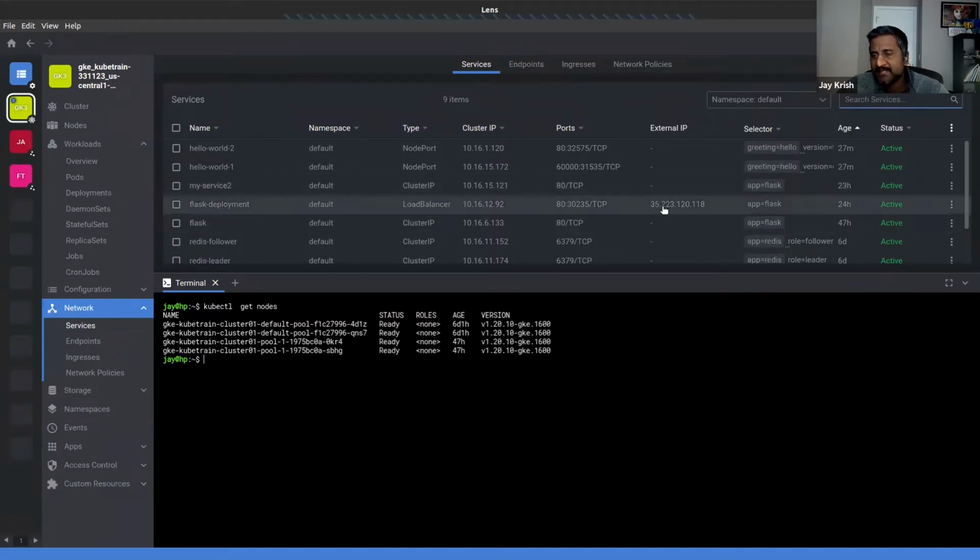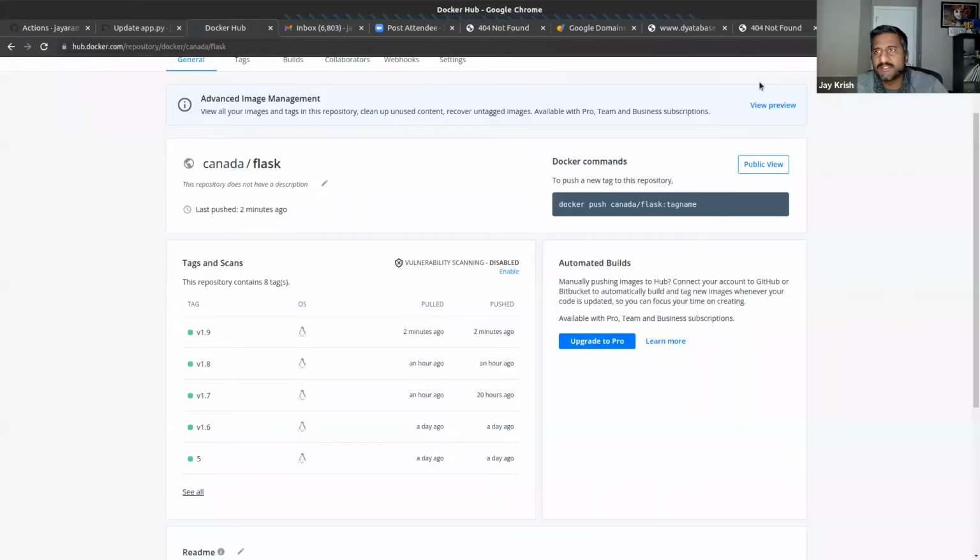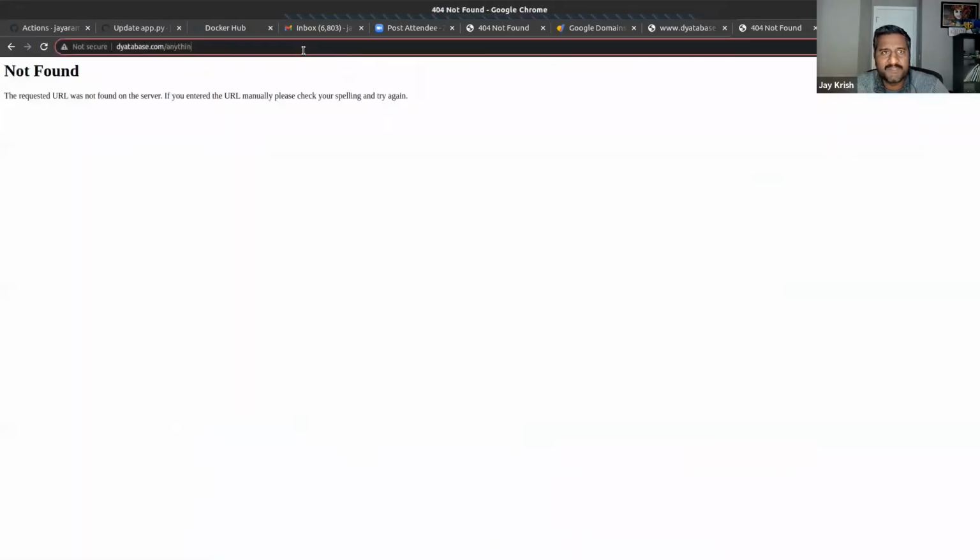Flask deployment, the IP address is 35.223.120.118. Edit, copy. Now, in my browser, if I type this, I should get 1.8 because before we joined, 1.8 is what I was running on. Okay.